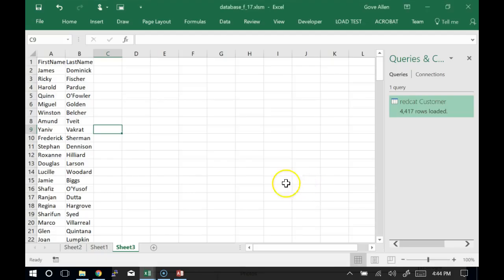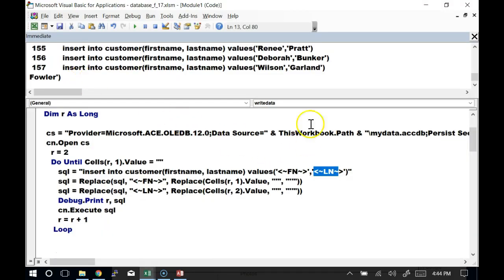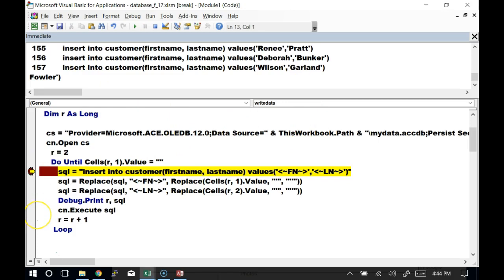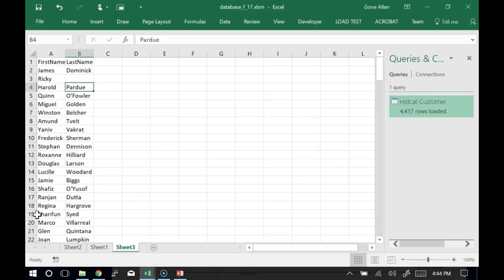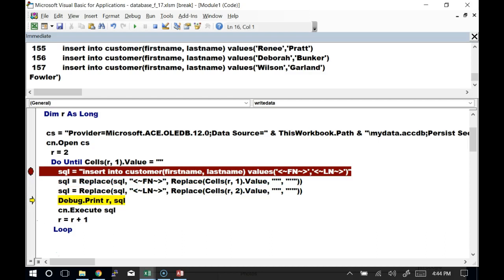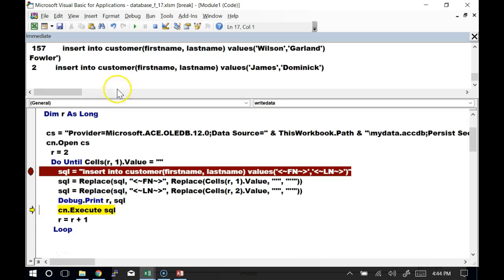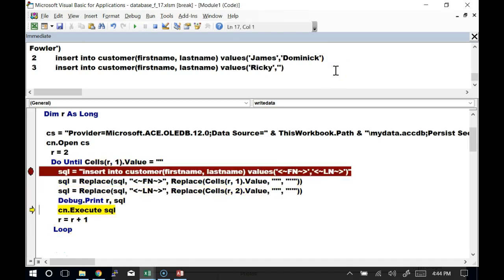So let's do this. I'm going to take out Fisher. I'm not sure I'd have Ricky without a last name, but with no last name. So now, let me put a breakpoint here. So when I get here, I think is that the second row? Yeah. So the first one should be okay. It should come up here and print Fisher. Or James, Dominic, that's fine. Now I'm going to go ahead and execute that one. We'll come here. Here's the next one. Okay. So here's Ricky